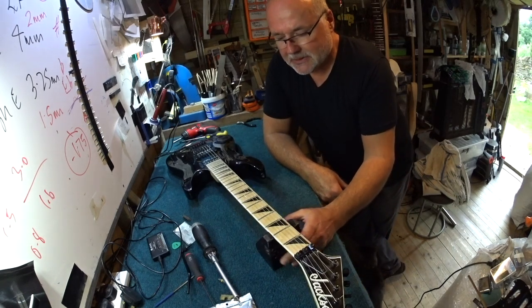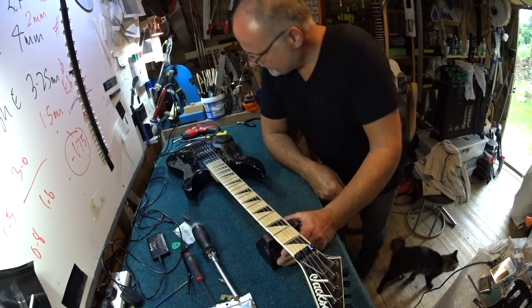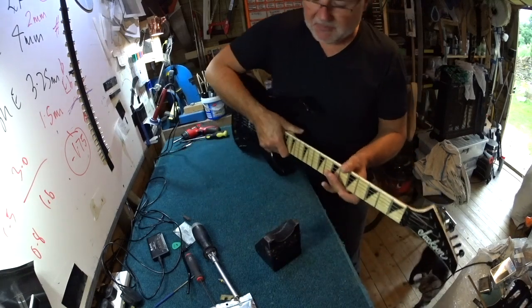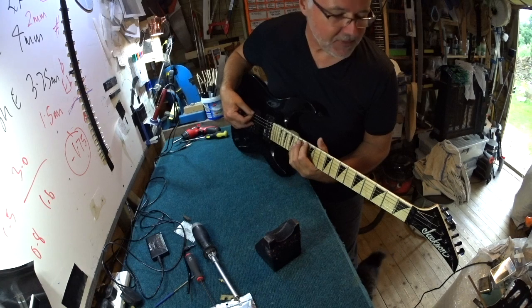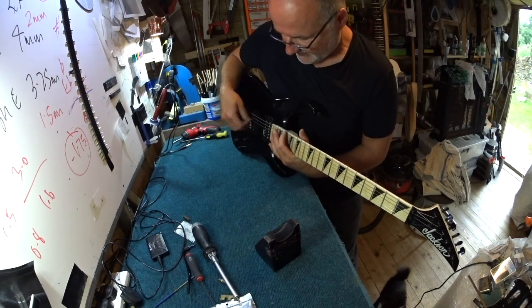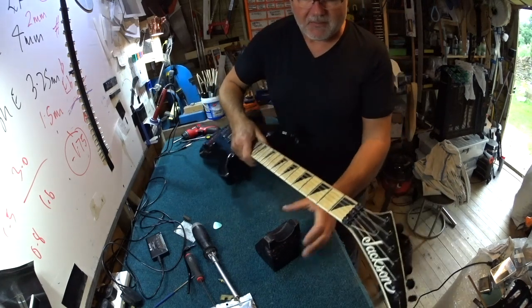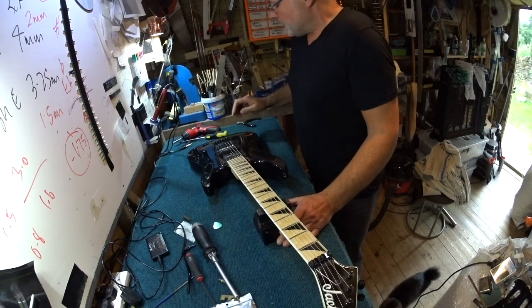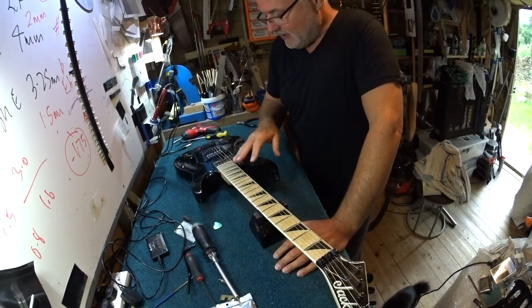But I will. What I think I'll do is I will just check these low notes, these bass notes. I suspect the reason they were a little higher is they've got a bit of, yeah, I think that will need a little level. I thought we could have got away with it, but